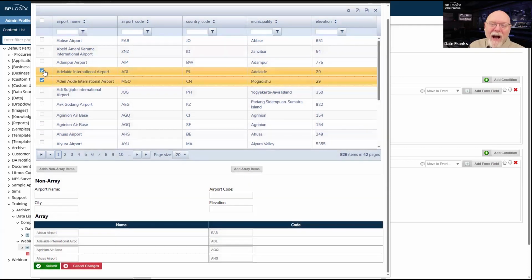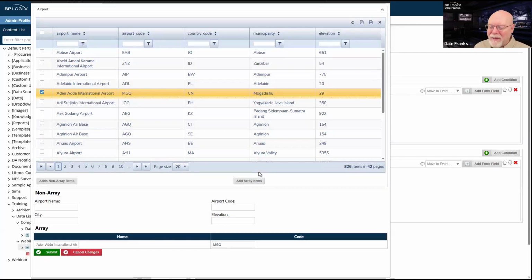We need Ade International Airport. So I need to add that. So I check it and I add array items. It will definitely add it, but it's also going to remove everything else because they weren't checked whenever the form reopened. Nothing was checked.